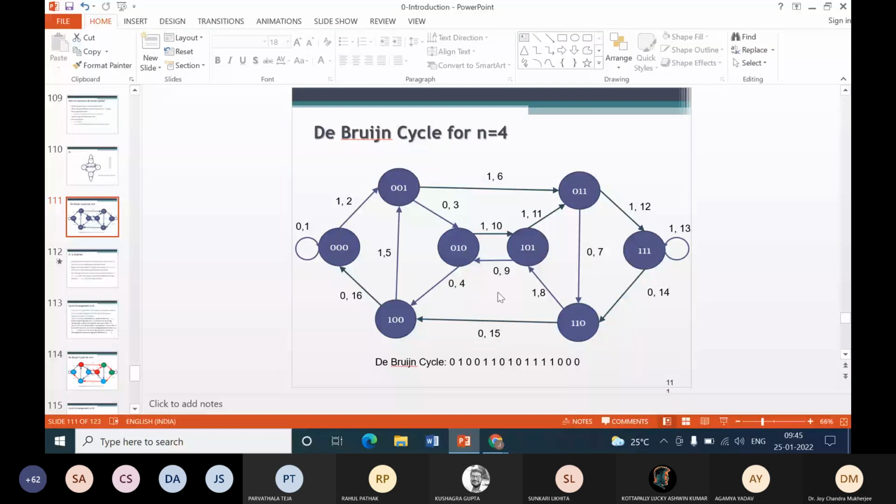The last two bits of this, 1 0, are equal to its first two bits. Similarly, its last two bits also